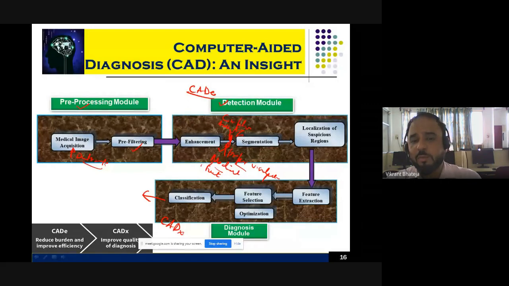But one point to be understood is that in the vein of applying these different advanced tools, we tend to diverge from a basic fundamental: if your acquired image is poor in visualization, and all the necessary diagnostic features are not properly visualized in that image,